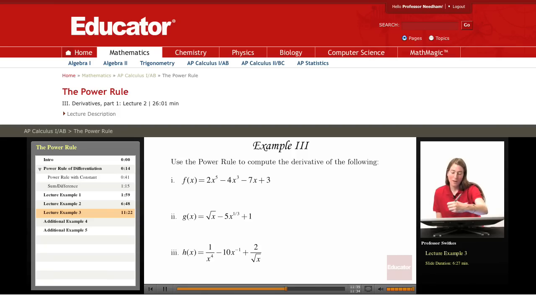Assume that the power rule is correct, and we'll go ahead and use it repeatedly in order to differentiate some polynomials and other kinds of functions very quickly and easily. And so again, here's the statement of the power rule. Derivative of x to the n is nx to the n minus 1. So for our function f of x equals 2x to the fifth minus 4x cubed minus 7x minus 3,